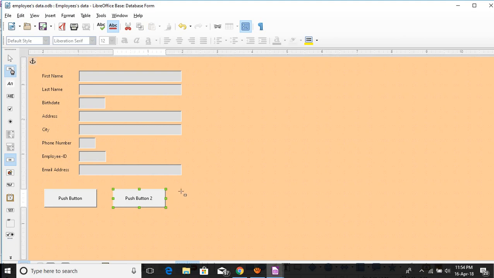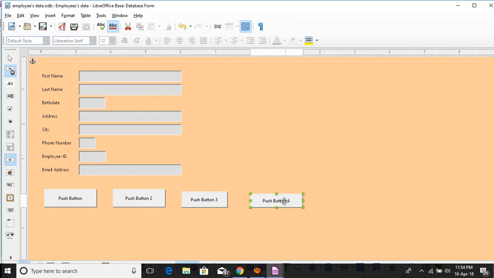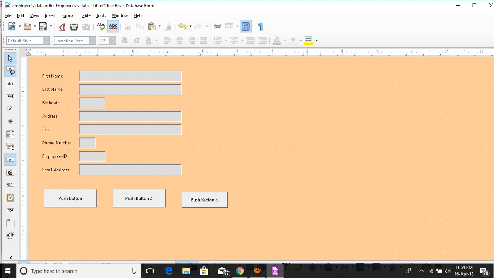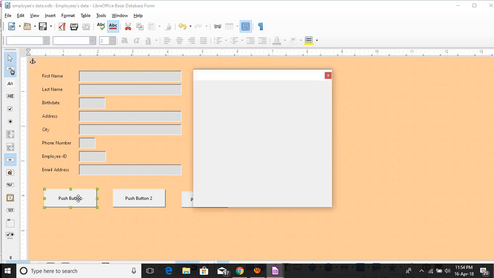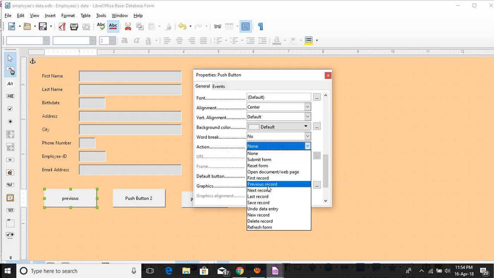here, here, and here. Maybe just three, and then select. We click twice, and then we change the label. This is for previous, and then the label previous, to see the previous data that we have, and then we change the action to previous record. Okay, alright,